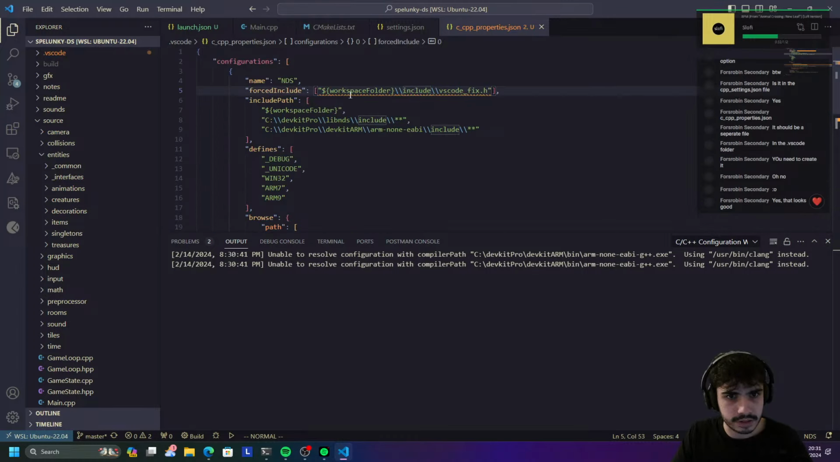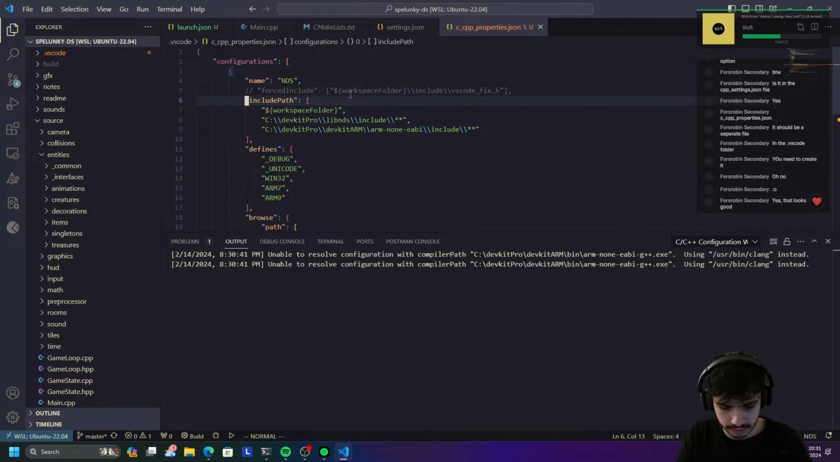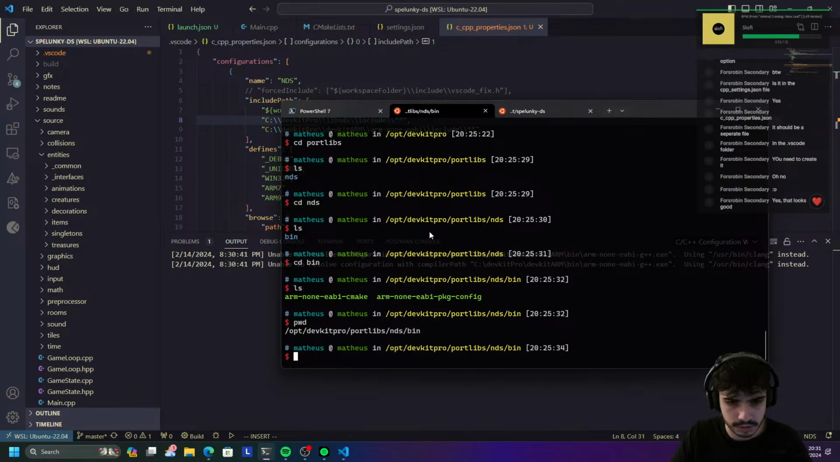Okay, that's one thing that is happy with. I'm not sure what this is bringing us. Can we comment on JSON? I commented it out, but that doesn't exist, right? Anyway, it's not worried about that. Maybe VSCode actually allows comments. And yeah, DevKitPro libnds. Let me see if that is